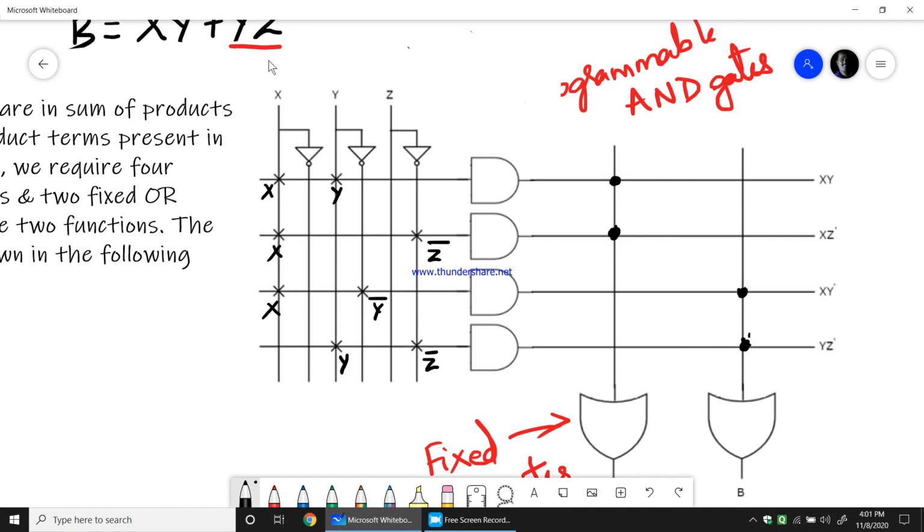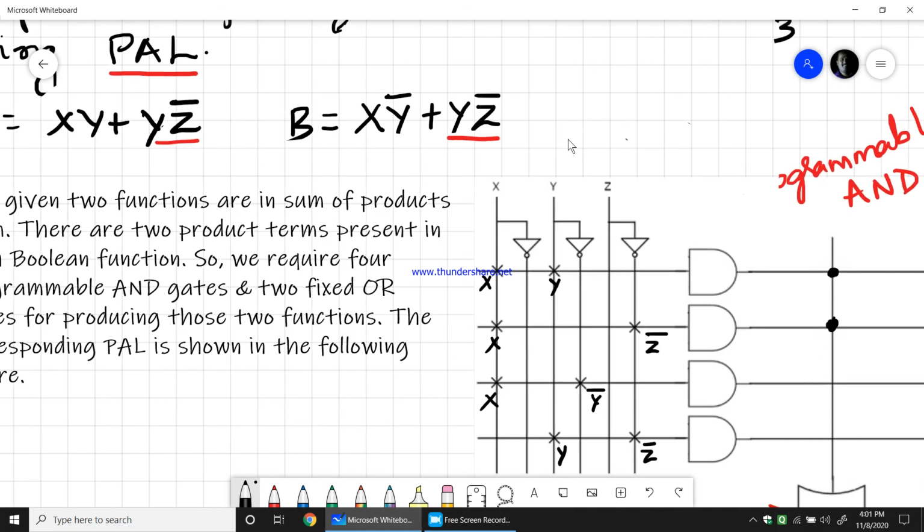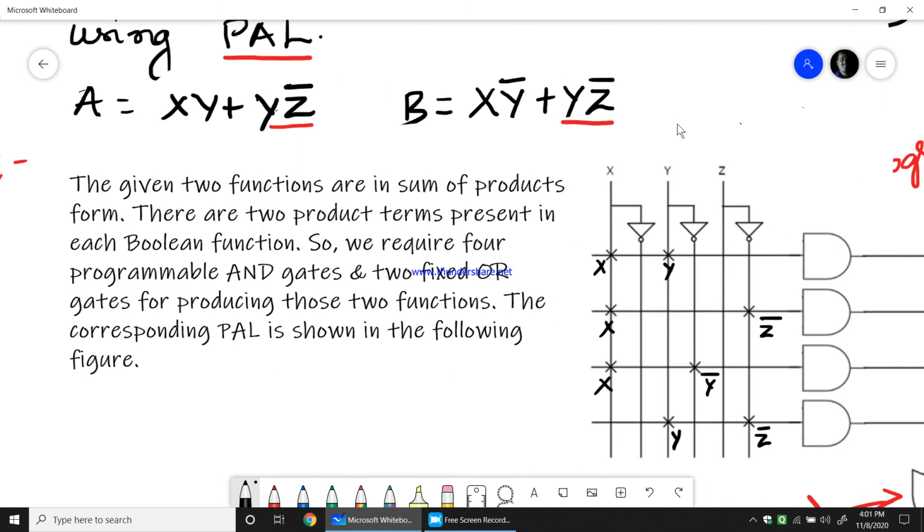See here, we had two yz bars in two different functions. We had xy, xy bar, and yz bar.